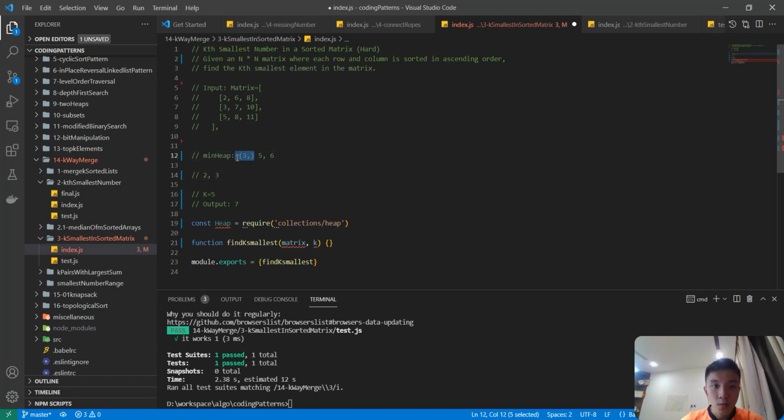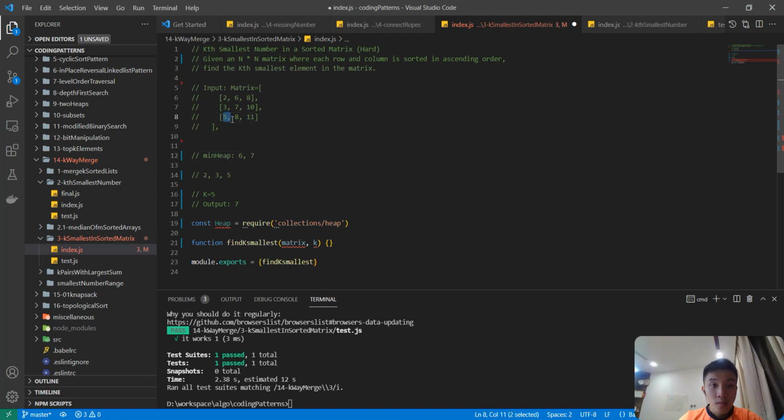I will remove the 3, because it's the smallest number, and the next candidate is the one right after 3, which is 7. So 5 is the smallest. I remove 5